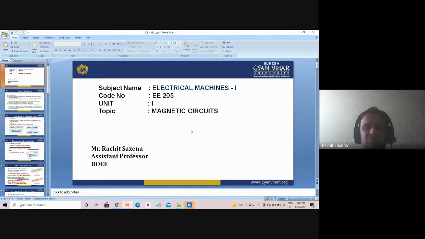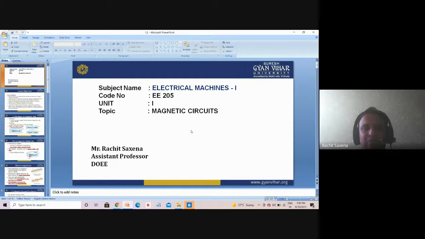We give AC supply to the transformer, and the transformer transfers power from one circuit to another without changing its frequency. In this course we are going to study the rotating machines, generator and motor, and the non-rotating one, the transformer. Rotating machines are based on electromechanical energy conversion, which has two parts, electro and mechanical. Electro means electrical, and mechanical means mechanical energy. So we can convert electrical into mechanical and mechanical into electrical.